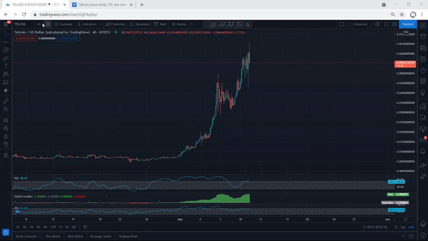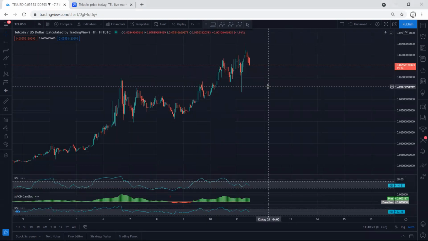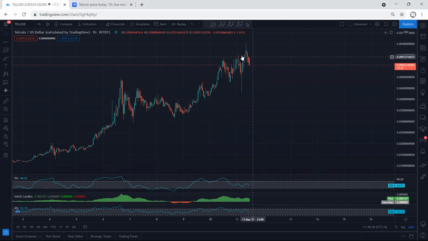Okay, anyway, right now we don't have any trade setup to look for a buy, and we don't have any trade setup to look for a sell. The best thing is we just follow the chart and we see how deep it can go and how it behaves. Then if I see any update, any information, I will share.